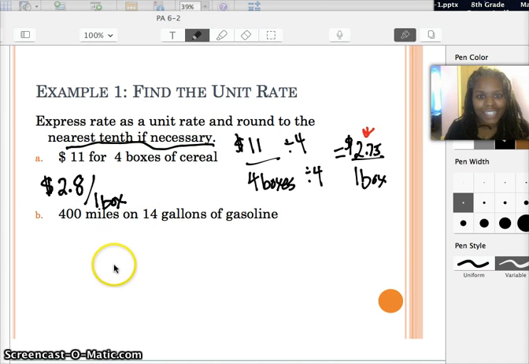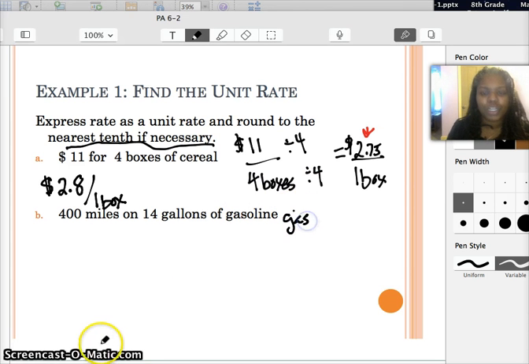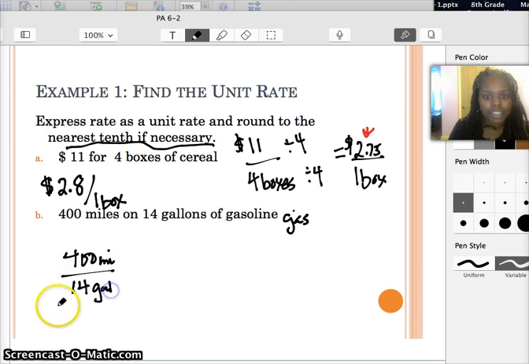Okay, so in this second part of the example, we have 400 miles on 14 gallons of gas, right? I didn't put gas here, but I'm assuming this is gas. So we can travel 400 miles on 14 gallons. We're going to write this as a fraction, 400 miles. MI is the abbreviation for miles, and 14 GAL is the abbreviation for gallons. So we're going to divide the top and bottom by 14,